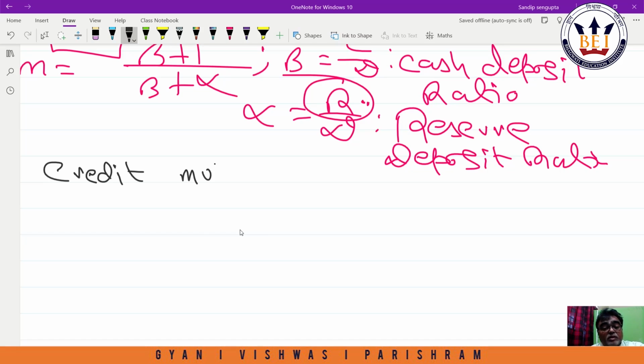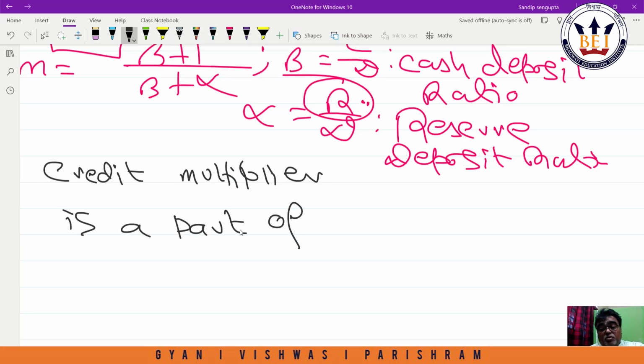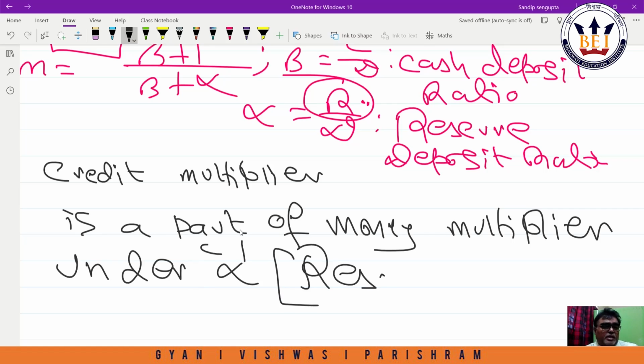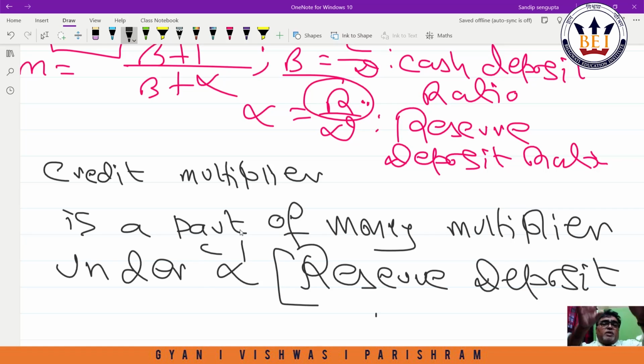credit multiplier is a part of money multiplier under alpha. Alpha means reserve deposit ratio. Those who can recollect this, that question I have done, that when credit multiplier, when excess reserve was